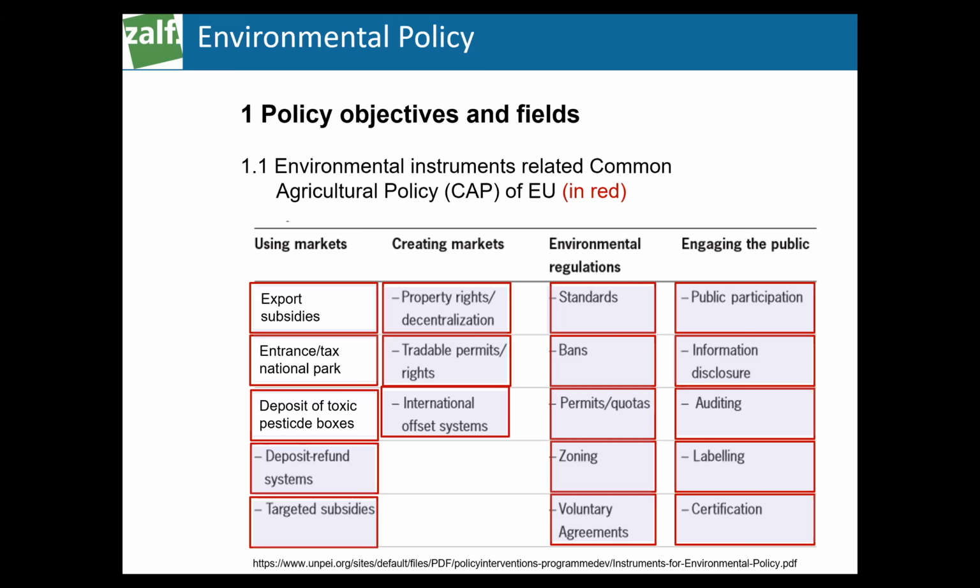We can also say, yes, we can have taxes on those. We can have the same here. We can have targeted subsidies, where we have subsidies for a multitude of environmental programs with different activities, as a bundling of activities. And then we have creating markets, property right decentralization, the milk quota system. Everybody has a right to produce, and gets a certain permit to produce. This, of course, has caused welfare losses.